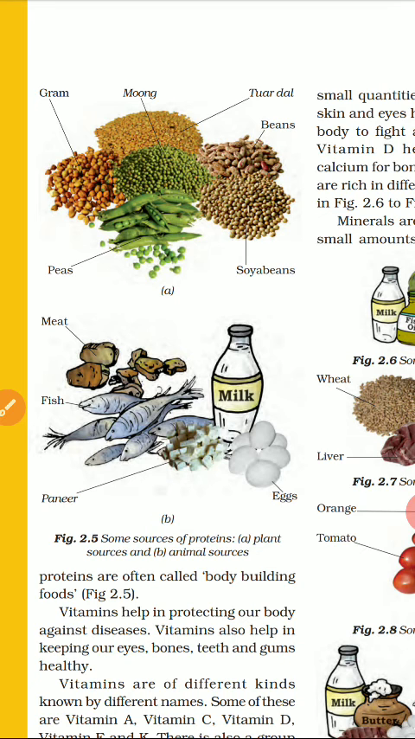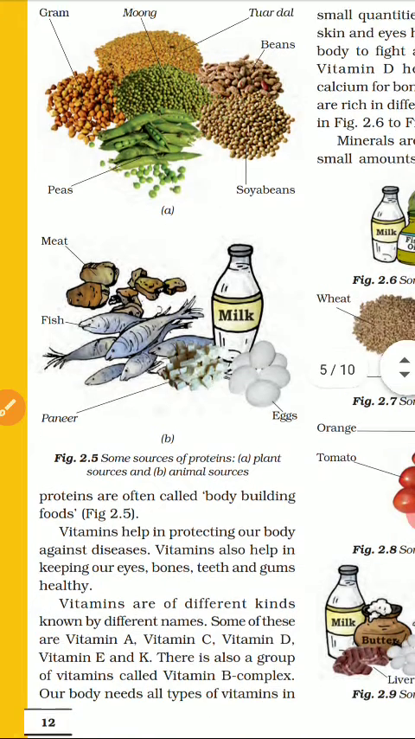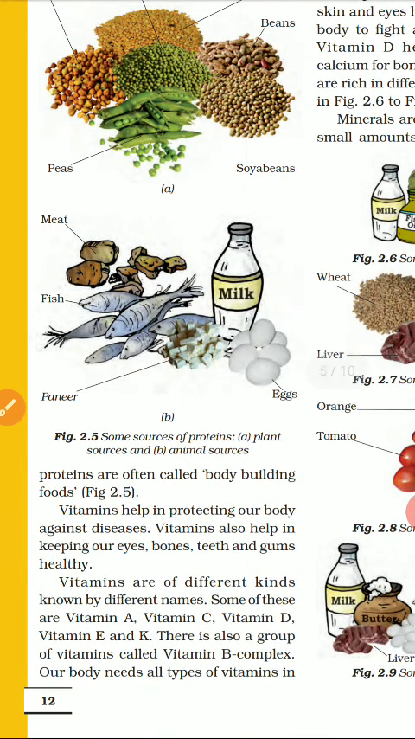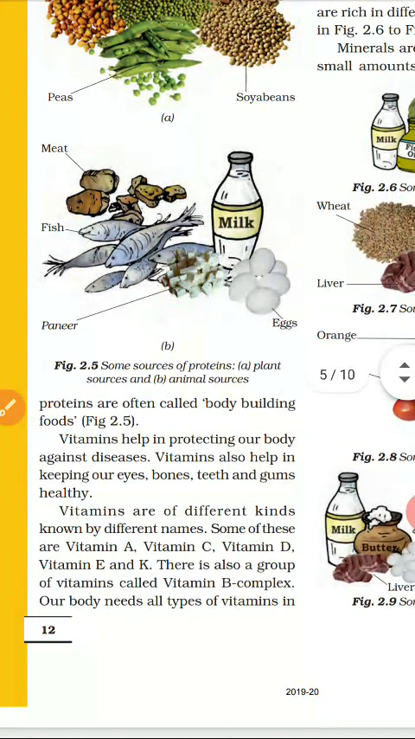All the pulses are very rich in proteins. Peas, gram, moong, tur dal, beans, soybean, all these are rich in proteins. And milk products are also rich in proteins. They are rich in fats also, and they are rich in proteins also. So eggs, paneer, fish, meat, all these are rich protein sources which help to make new cells in our